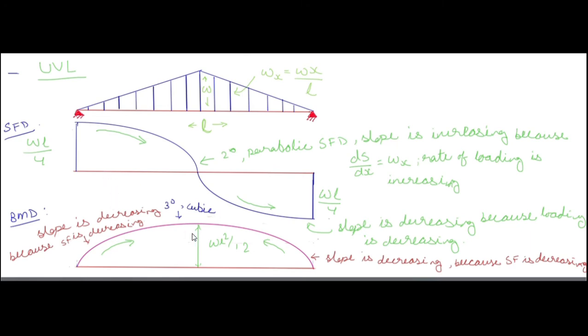Because we have established the sign convention for shear force and bending moment diagrams, that's why the negative and positive values are there. Now the bending moment diagram. You can see in the bending moment diagram that the maximum bending moment is obtained at the point where shear force is 0. Shear force is 0 at the midpoint, and at the midpoint we have the maximum bending moment, WL square by 12.